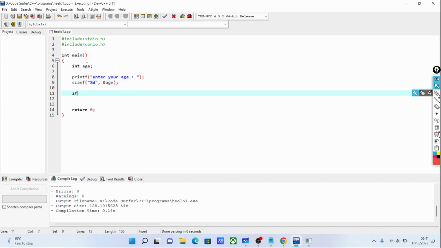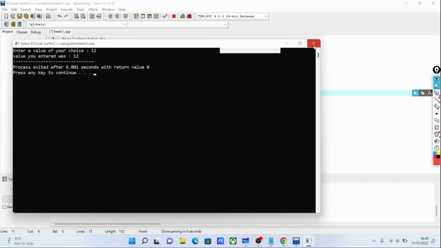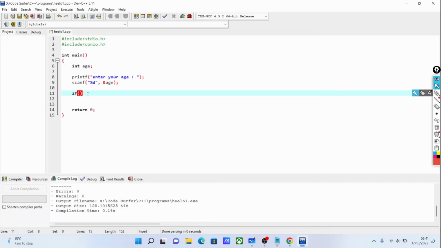Now, if the minimum age that we know at which people are eligible for voting is 18 years, as we know. So if the age entered is less than 18, then